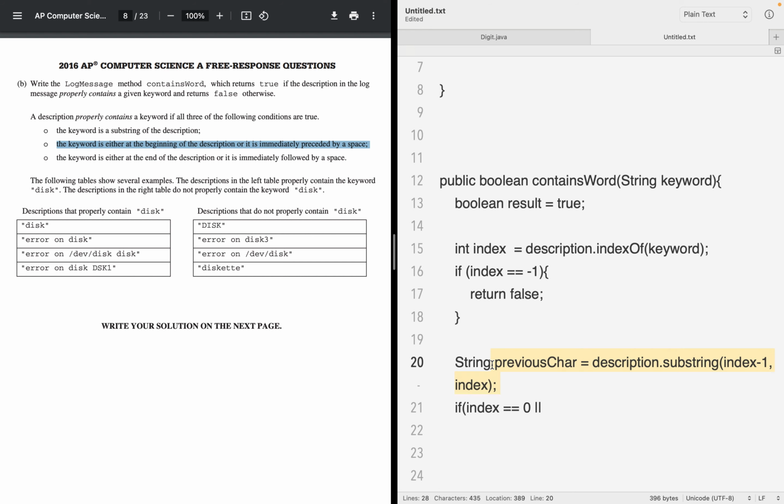This is going to grab the character that came before. And so if that previous character is equal to the empty space, like this,